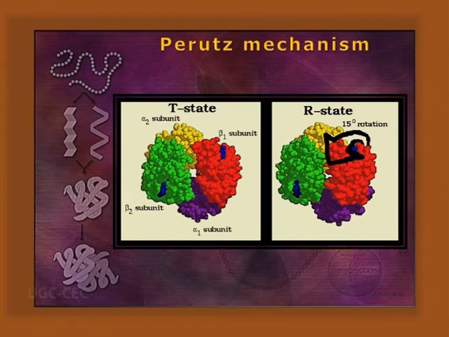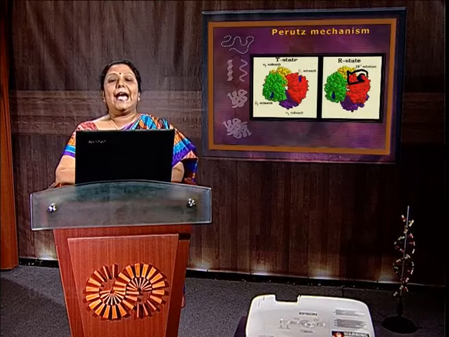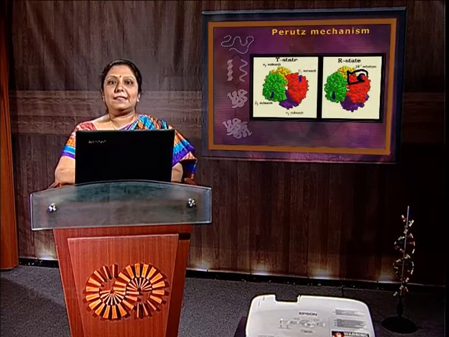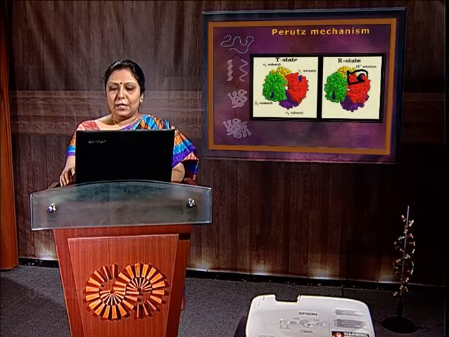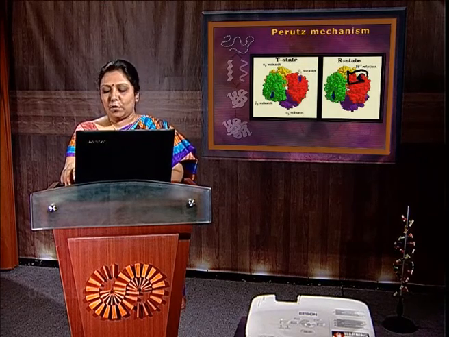What is the Perutz mechanism? It is the description of the dynamic behavior of hemoglobin by the T and R states. They actually make it a stable structure. As we know, the stable state is maintained by the alpha 1 beta 2 as well as alpha 2 beta 1 surface interaction. So it is a type of cooperative sigmoidal curve.